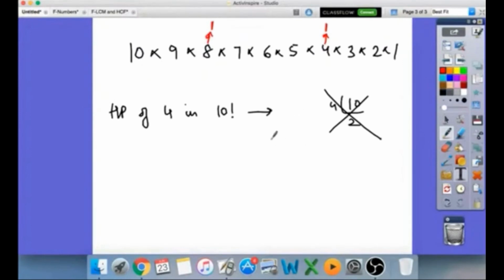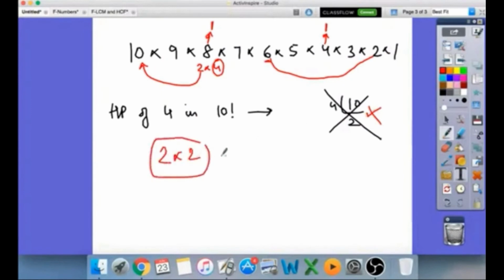But 4 is not a prime number, it's a composite number. Because it's a composite number, this is 2 into 4 and you already counted the 4, and the remaining 2 will combine with the 2 in 10 and it will become a 4. Similarly, the 2 in 6 will combine with this 2 and it will become another 4. Because 4 is a composite number which can be formed through combining numbers, you can't just look for 4. Searching for 4 will give you a wrong answer, like we did here. So you can't search for 4, you'll have to search for 2's. Because 2 into 2, you combine 2 2's, you get a 4, right? So you'll have to see how a composite number is formed.